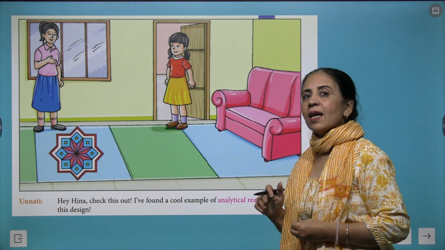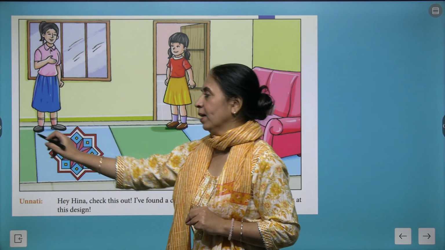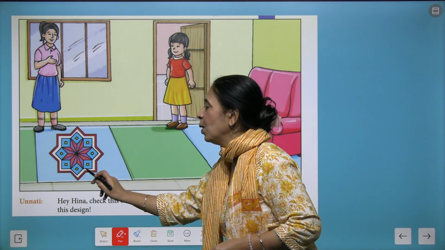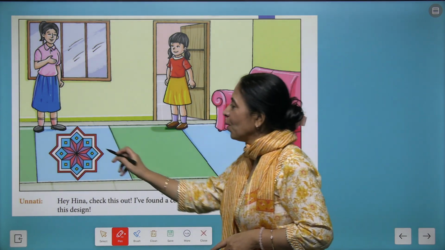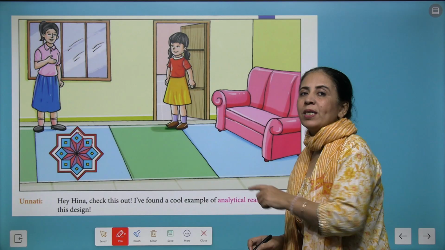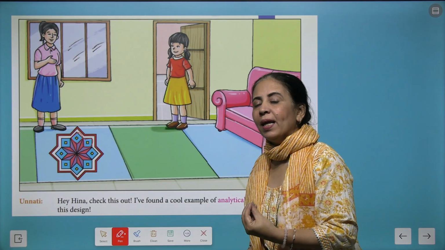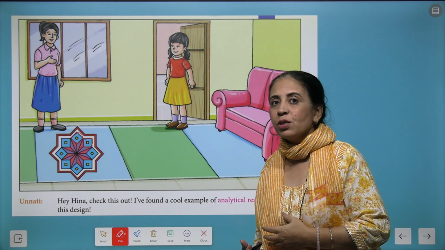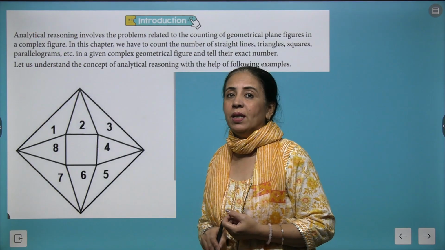So Unnati is asking Hina if she can help to count the number of squares here in the figure. So can you help Hina? Hina said we have 8 yellow squares. Is she right saying it? Not at all. She could frame out that we have 8 more squares which are blue in color. So by a glance look, we came out with 8, but by deeply looking at the image, we found 8 more. And that is what improves your understanding about these topics.